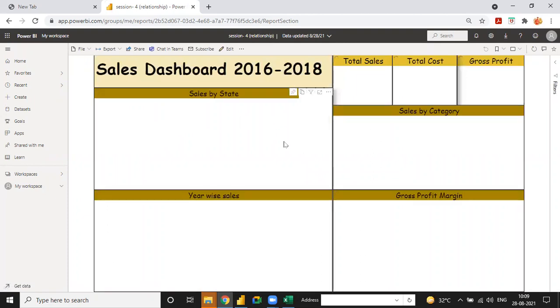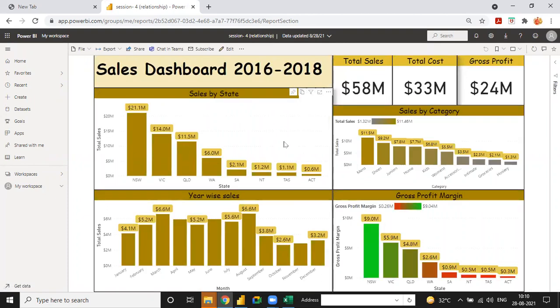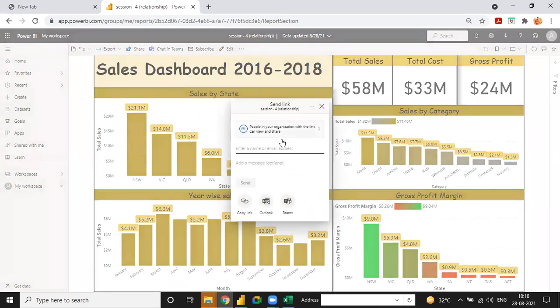See, our dashboard is ready in Power BI, and you can change this report or share it with your manager. See, click share and enter the name. Suppose my manager's name is Harsh Malhotra. You can write the email ID directly.